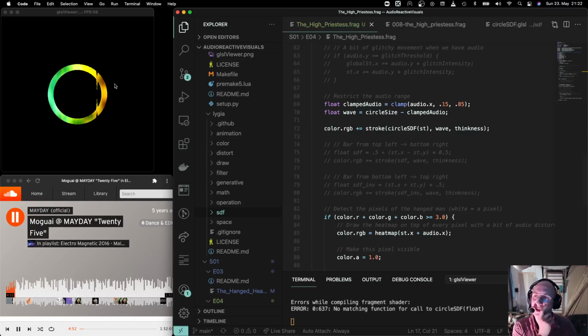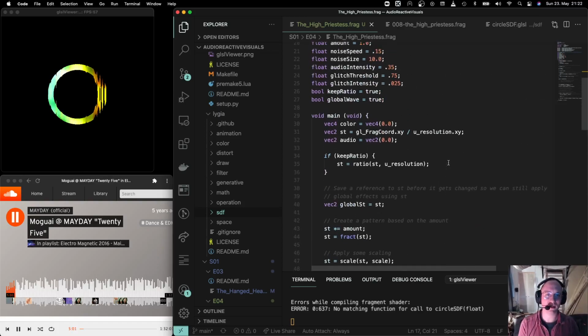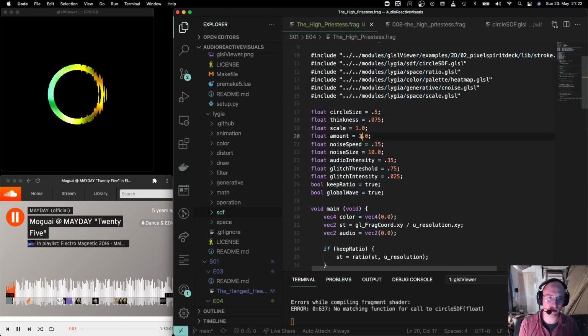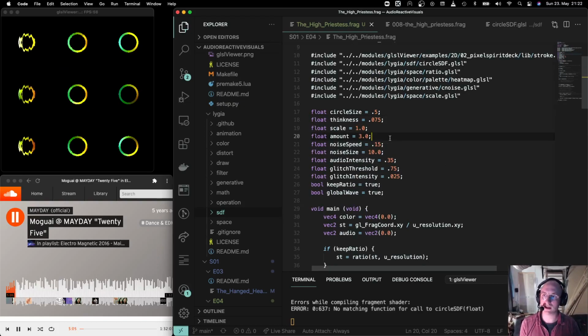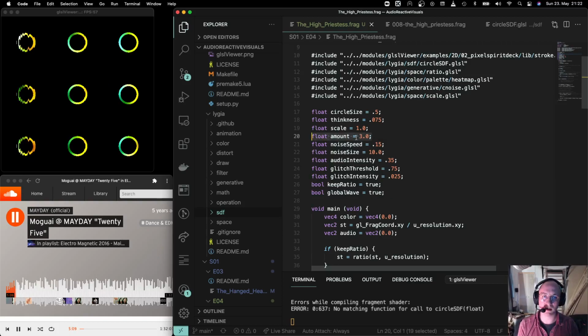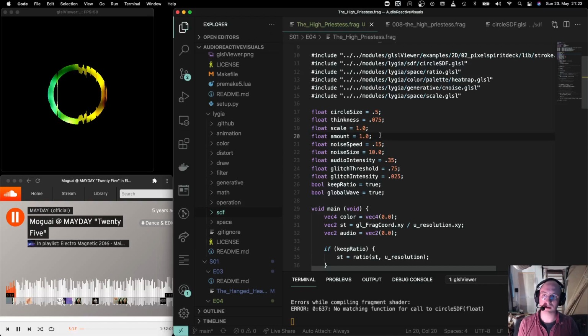So what I wanted to try in this session is that I somehow have multiple, I mean, I could already have multiple circles like this, because I already implemented the amount thingy last time, which is also pretty cool. But